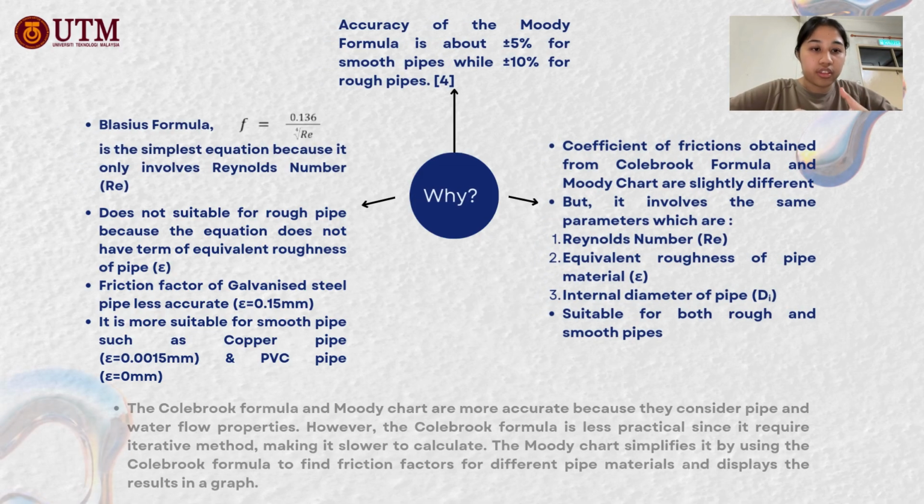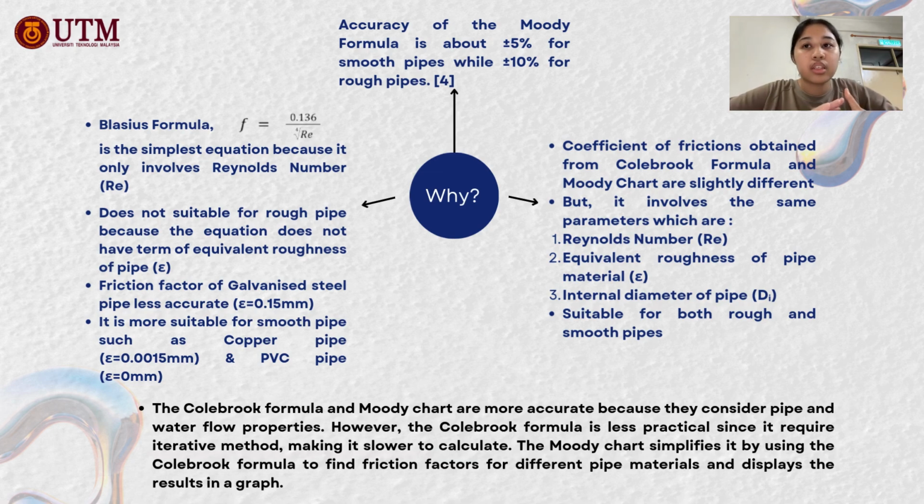The reason there are differences for each calculation is because the accuracy of the Moody formula is about plus minus 5% for smooth pipes, while for rough pipes it is about plus minus 10%. Blasius formula is also the simplest equation because it only involves Reynolds number, and it is not suitable for rough pipe because the equation does not have the equivalent roughness of pipe, which is epsilon. Friction factor of galvanized steel is less accurate, and it is more suitable for smooth pipe such as copper and